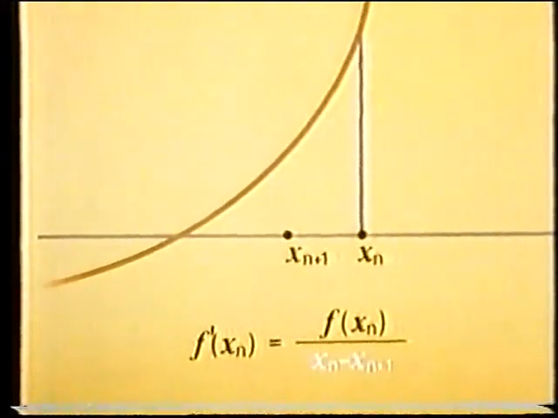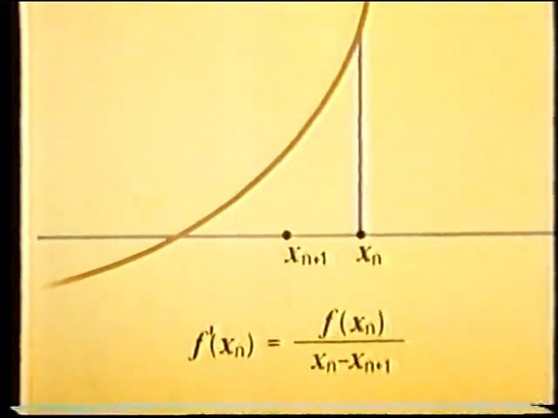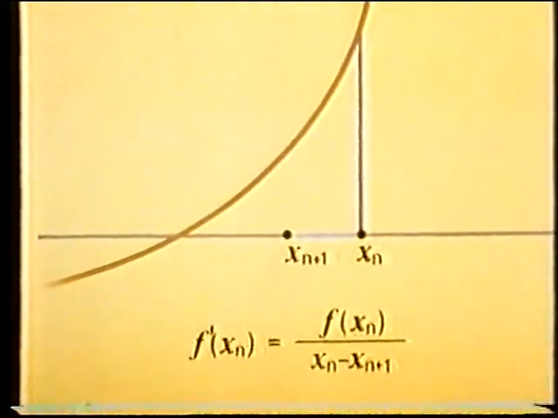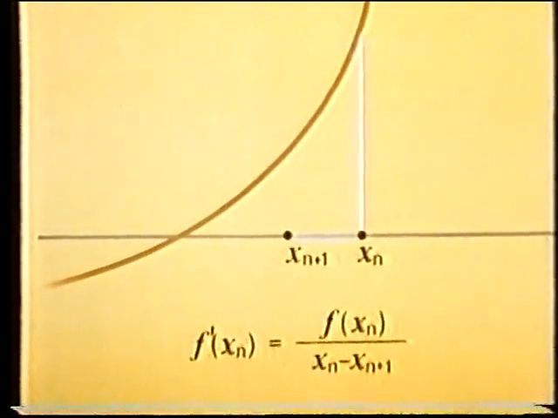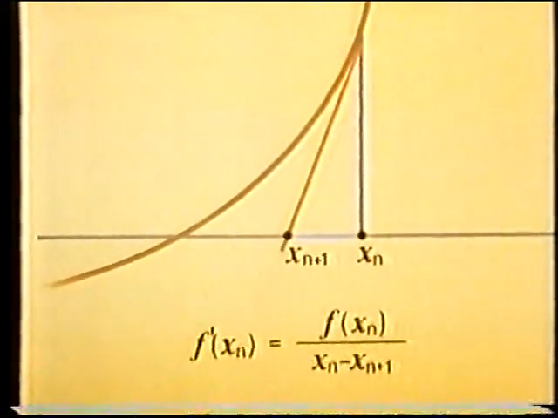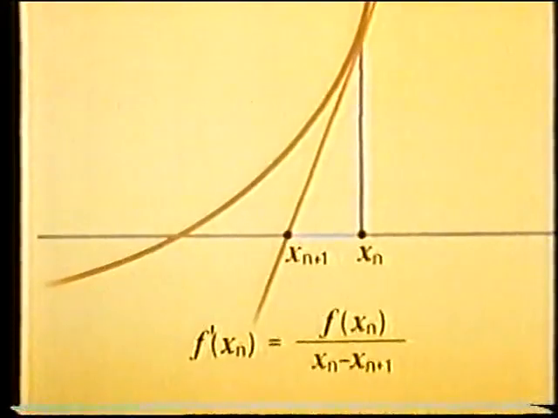What about the denominator? Well, that's just the difference between successive approximations, this distance. So the expression we've got for f dashed is the same as this distance divided by this one. But that's the gradient of this line,